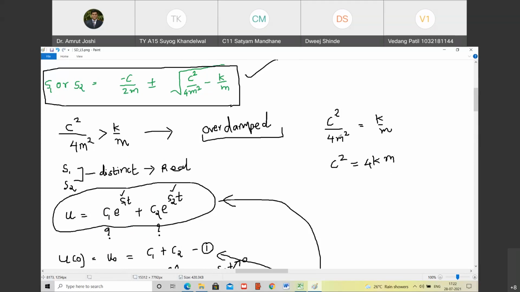So actually, I have a doubt here. If we are directly canceling one of the m, are we losing out on any roots? No, I will tell you what you are trying to say. I understand. I will tell you that now. So c is equal to what? Plus or minus 2 root km. Do you agree with me?